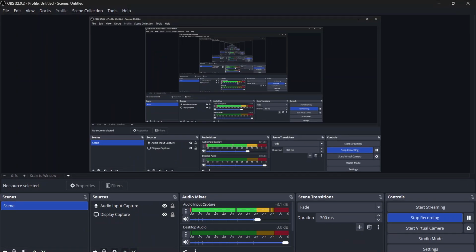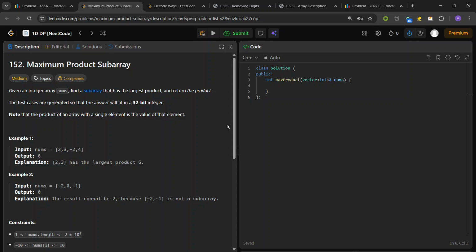Okay, just let me check if everything is correct. Yeah. Okay, so